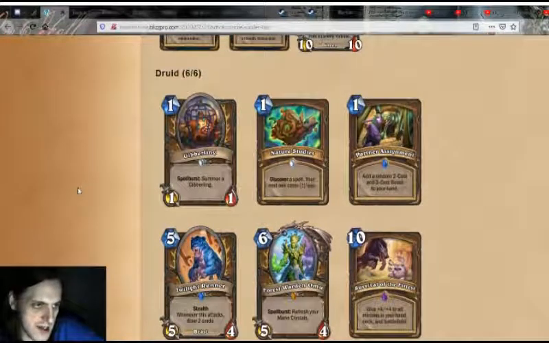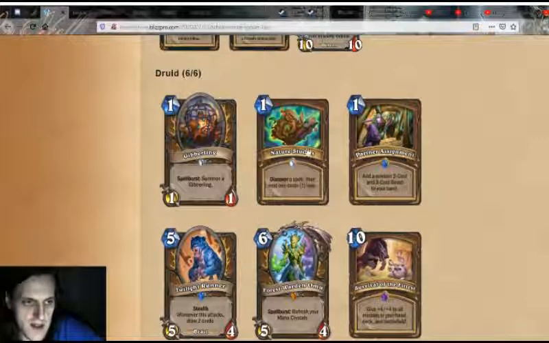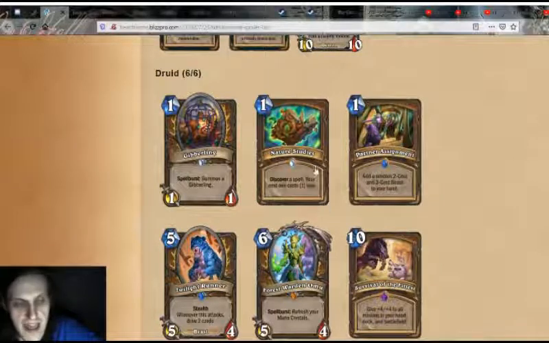Gibberlings. Summon a bunch of Gibberlings. They're bad, but whatever. It's a cool card. Discover a spell. Powerful effect. And it's basically...